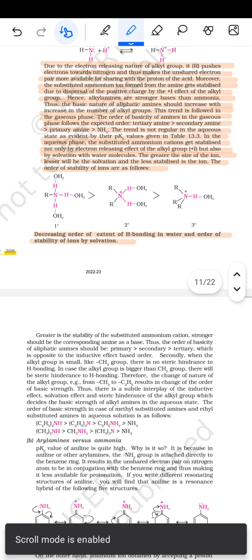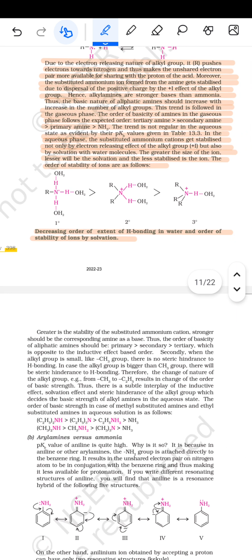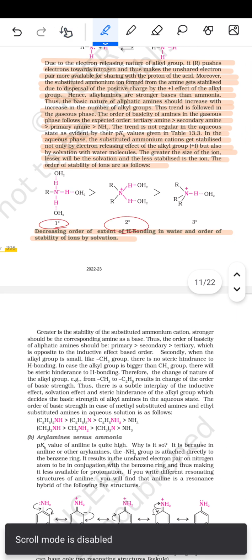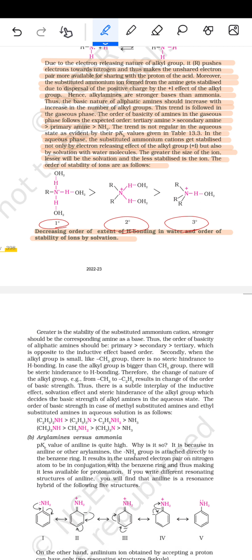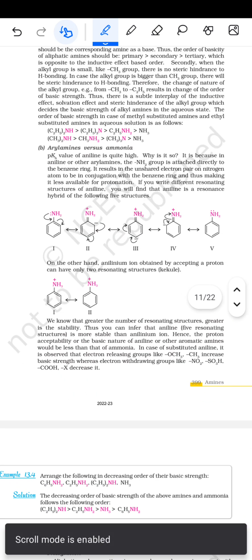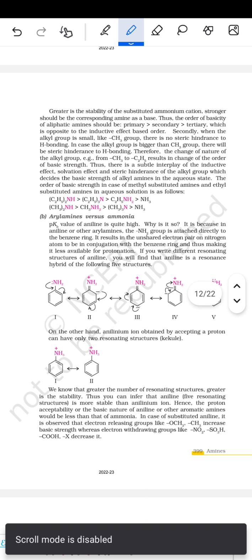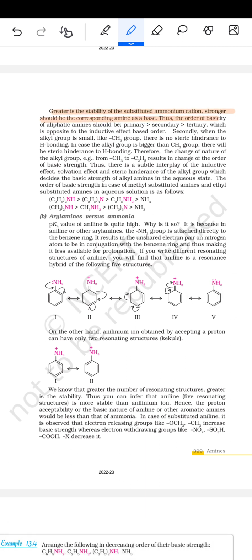This is 1 degree, this is 1 degree, this is 2 degree and this is 3 degree. After this, greater is the stability of the substituted ammonium cation, stronger should be the corresponding amine as a base. Thus, the order of the basicity of the aliphatic amines should be primary, secondary, tertiary, which is opposite to the inductive effect based order. Secondly,